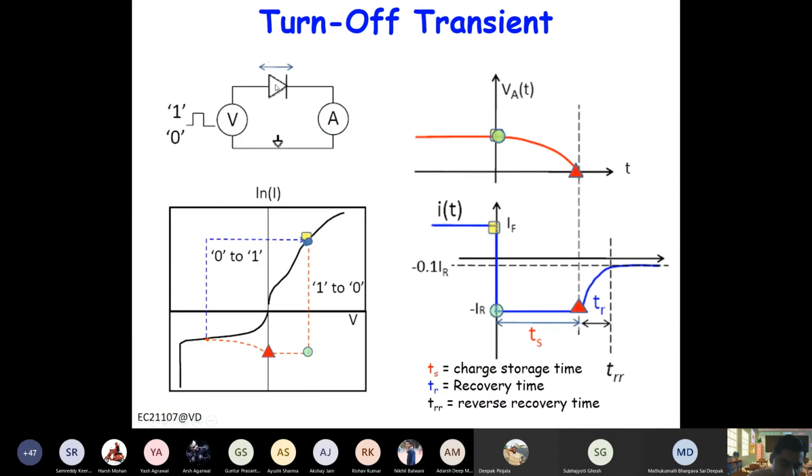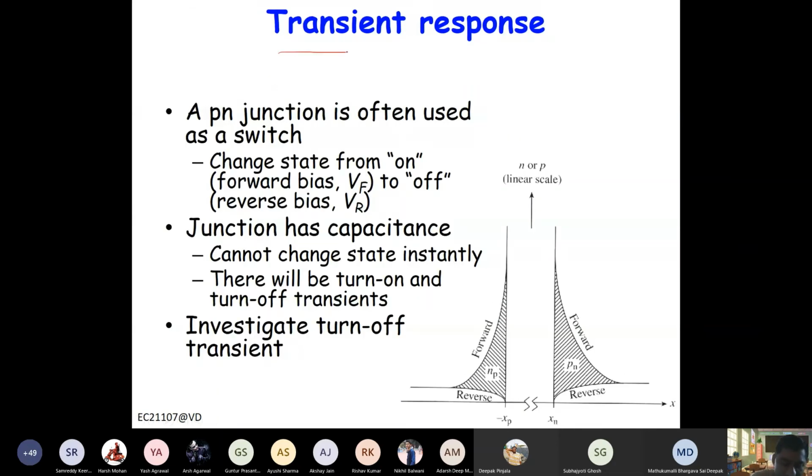Now how is the transient different from AC response, right? A small signal and transient, what is the difference? A small signal is basically you are operating at a certain DC value, then your signal is varying by a few tens or few hundred millivolts, right? So it's basically a small signal, right? So around the DC point, your signal is varying. That is a small signal.